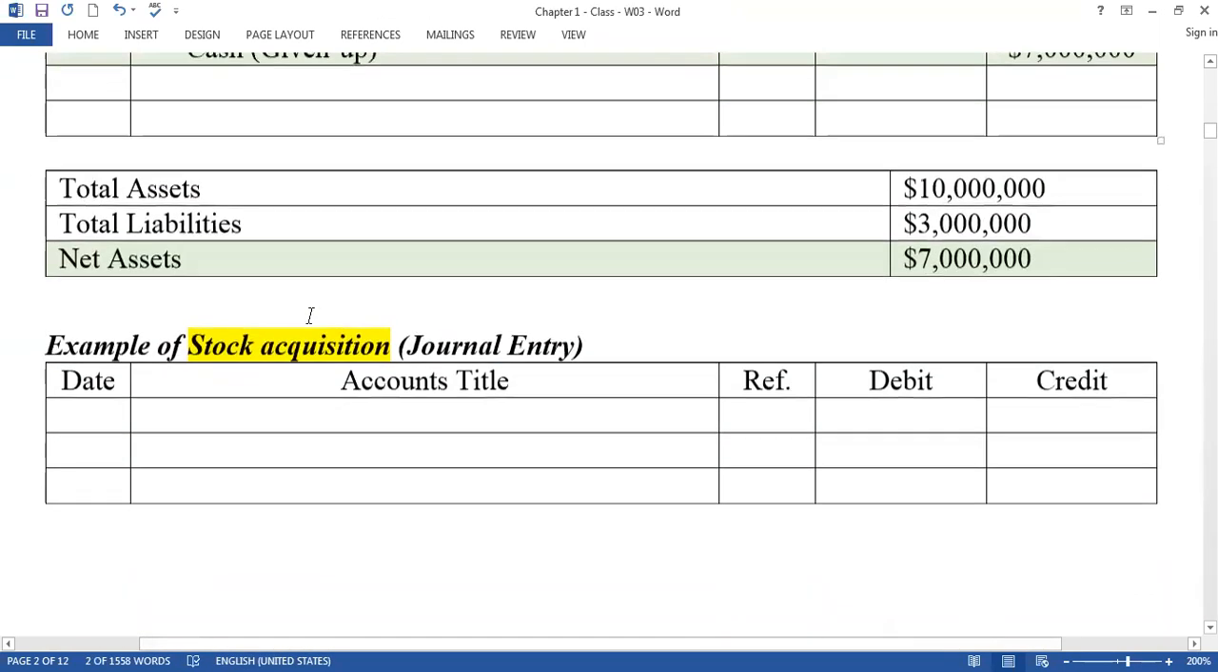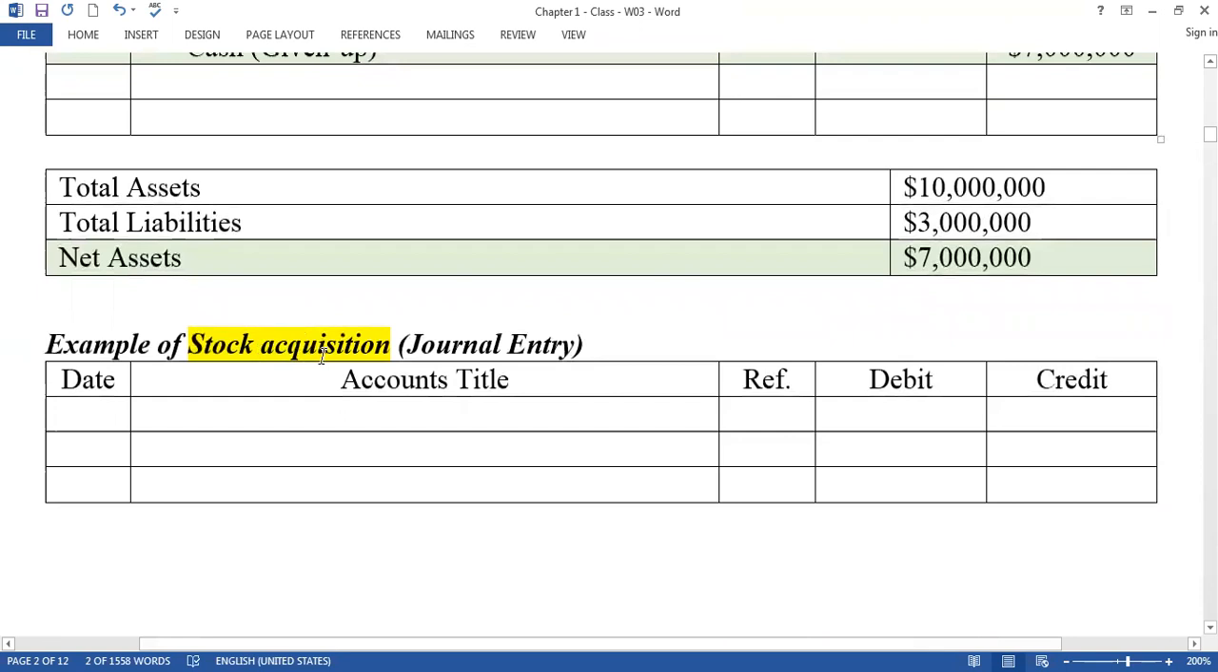Okay. Then what about the stock acquisition? What is the meaning of stock acquisition? You have cash, right? You go to the capital market and you buy 50% share or 60% share from another company. What is the meaning? The meaning is you are going to invest your money. This is called investment. If you buy another company's stock, it is your investment, right? So investment is an asset. So our journal is